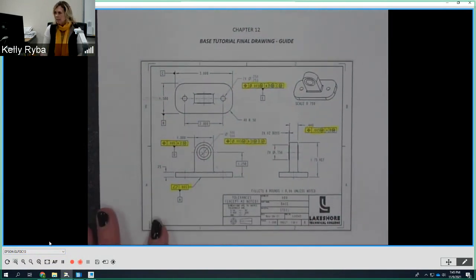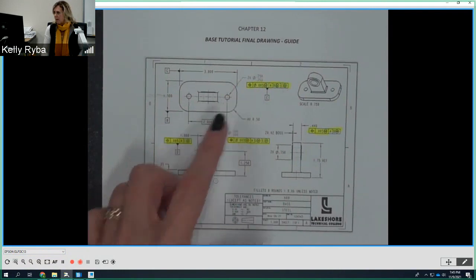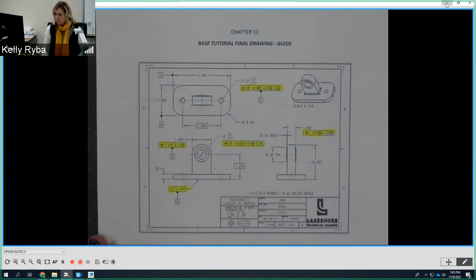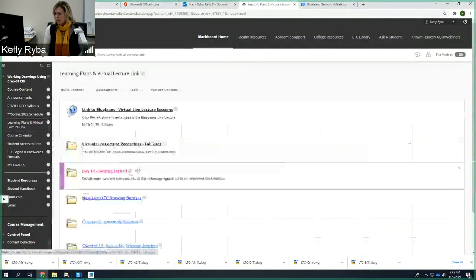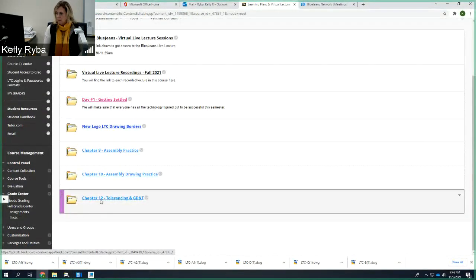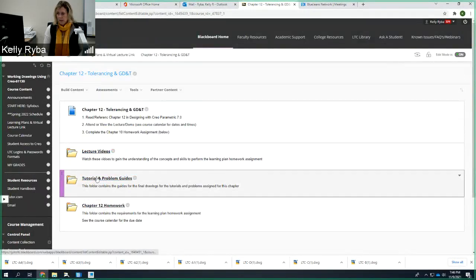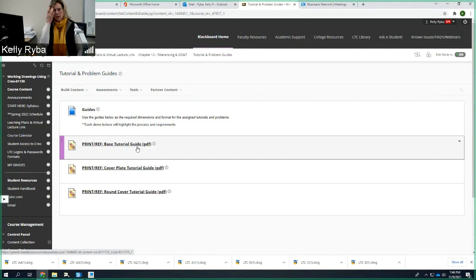I'm calling this a base tutorial final drawing guide. You can find this in Blackboard in the learning plan for chapter 12. You'll notice that I have tutorial and problem guides right here in this folder. I'm going to click on that, and right now the 3 tutorial guides are the ones from chapter 12. The first one I'm going to do today is the base. The next one is the cover plate, and after that it's the round cover tutorial. So these are the PDFs, these are the final products that I want you to create,